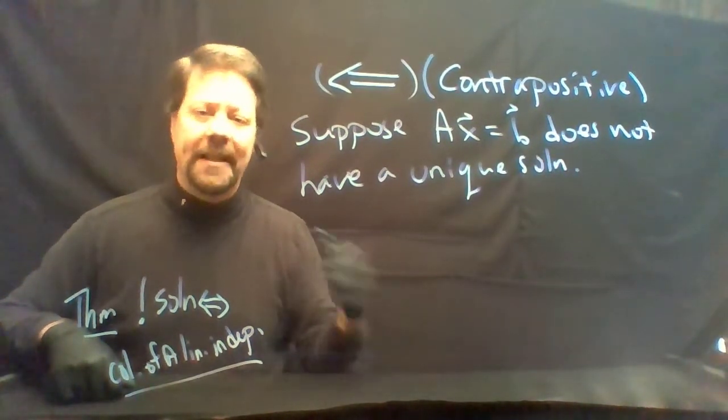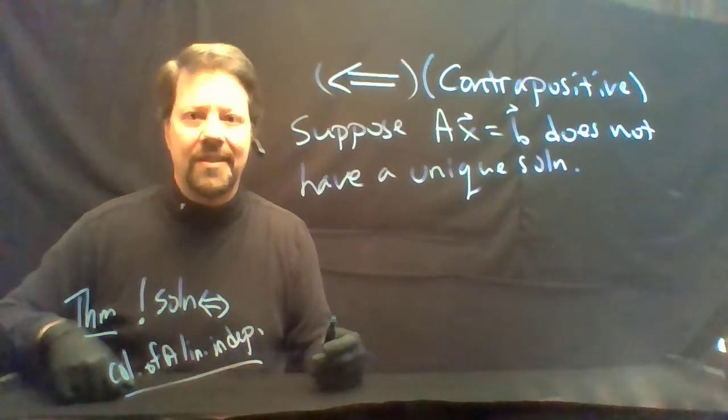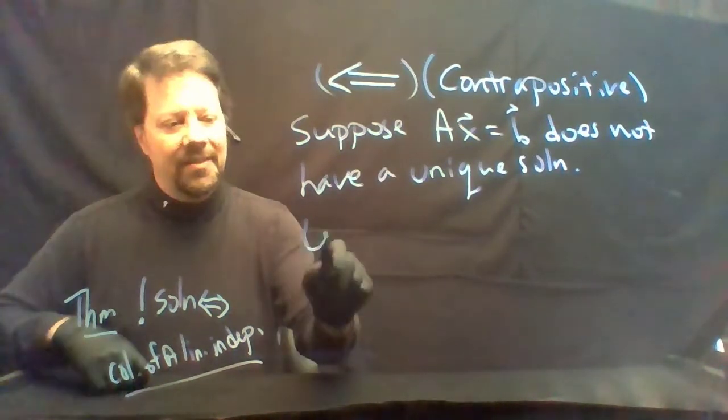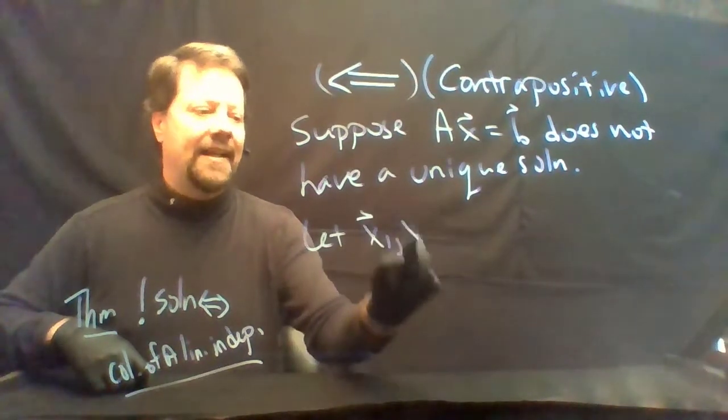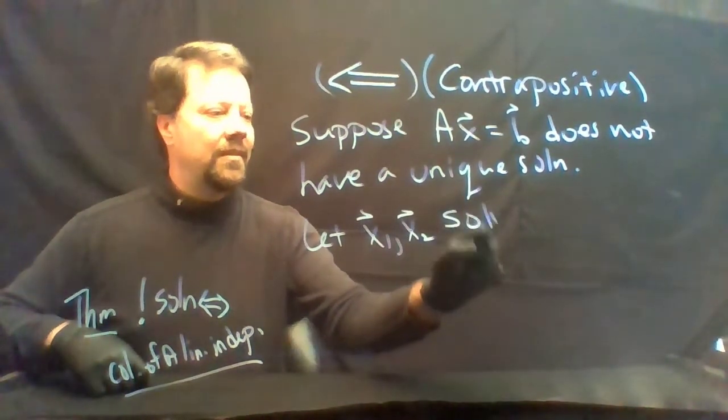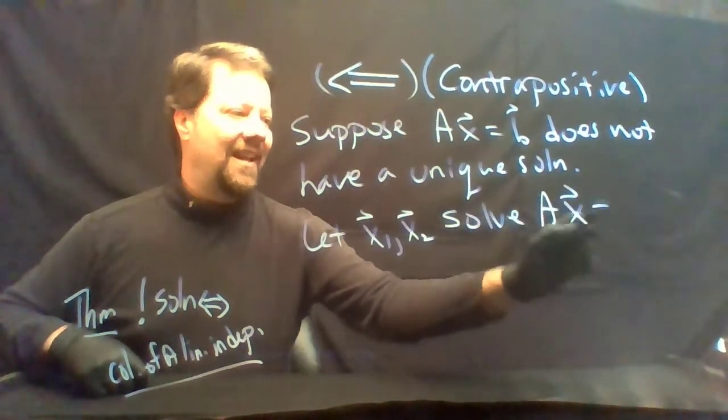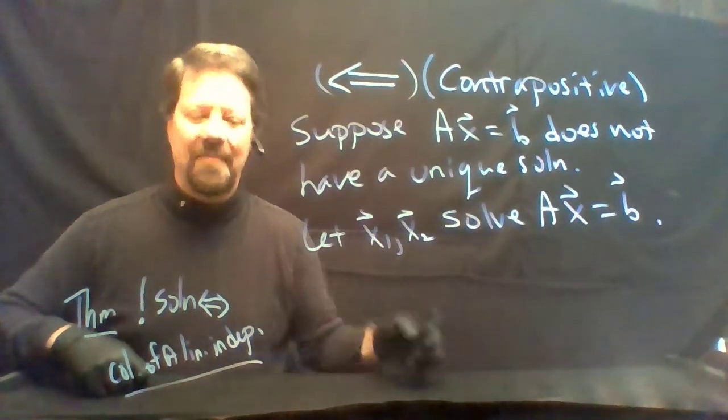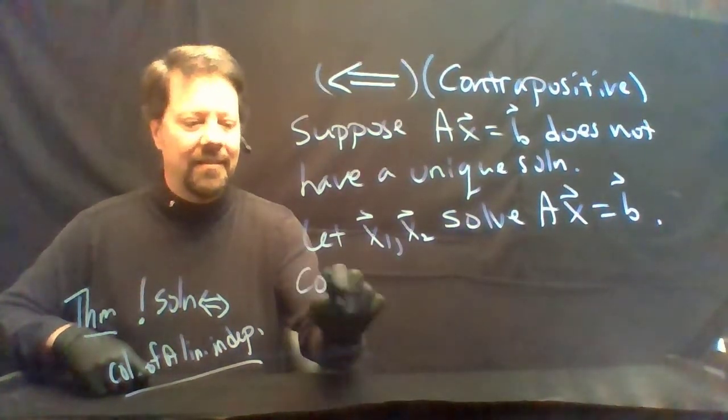We know it has a solution because we've assumed that the system is consistent. So we'll let x1 and x2 solve Ax equals b. Then we'll consider